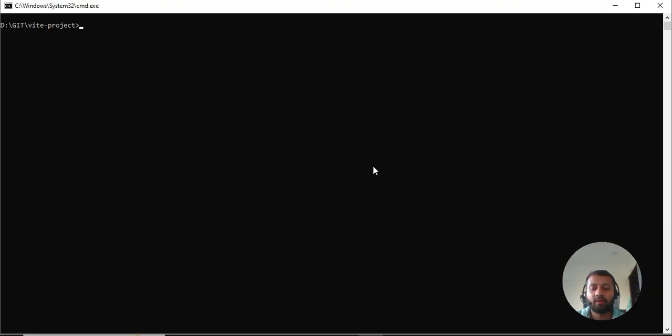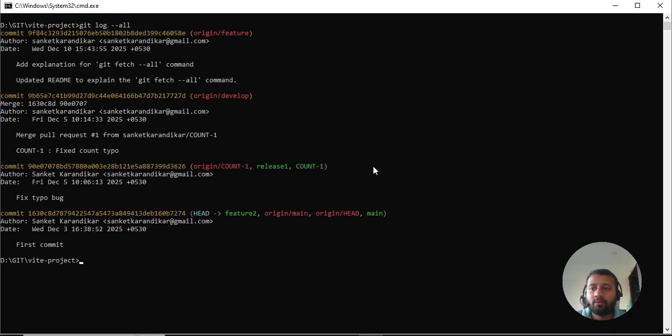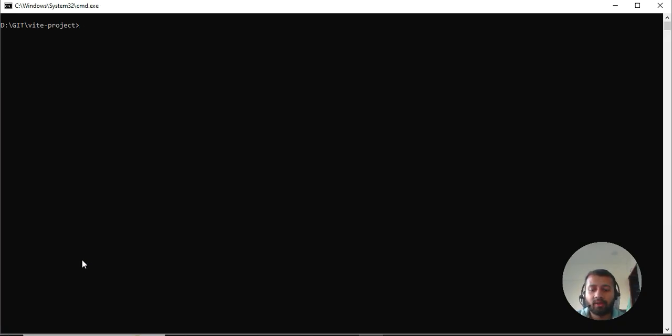Now please look carefully. When I say git log --all, the commit that we have entered just now is not part of it, right? Here, this is something else. This is something different. But when I say git fetch --all, also one more thing. You saw the commit messages, right? I'll also show you the git branches. So when I say git branch --all,